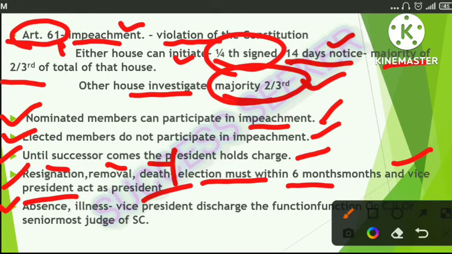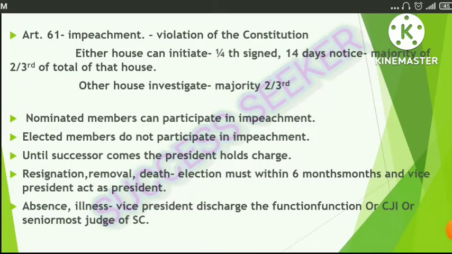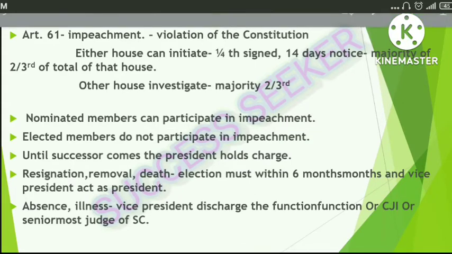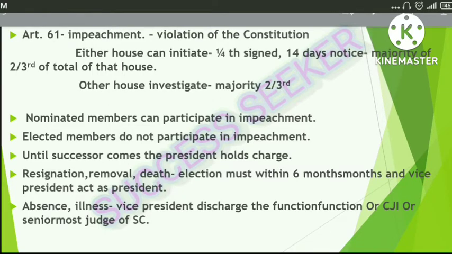Next is, in his absence or illness, the Vice President discharges the function of the President, and if the Vice President is not present, then the Chief Justice of India or the senior most judge of the Supreme Court can also discharge his function. And you also have to note that while doing the functions of the President, the Vice President, the senior most judge, or the CJI, whoever does it will get the full benefit of the President during that time. Next,